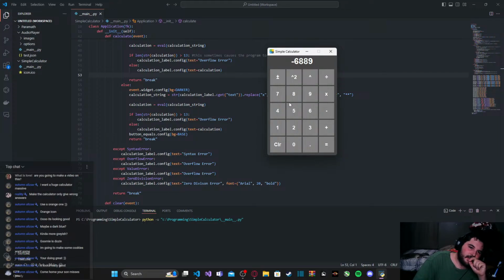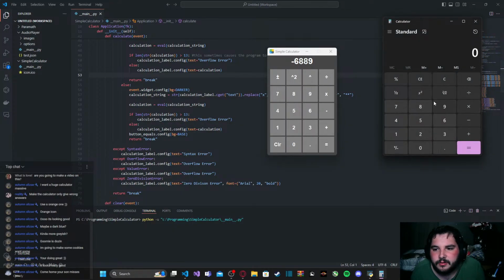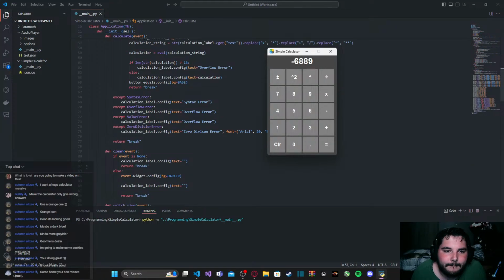Okay, so something I don't like is if we square it, it's gonna do that. Whereas in the actual calculator app itself, if we do 55 negative squared, yeah. Okay, so here's what we need to do. Whenever we're squaring something,